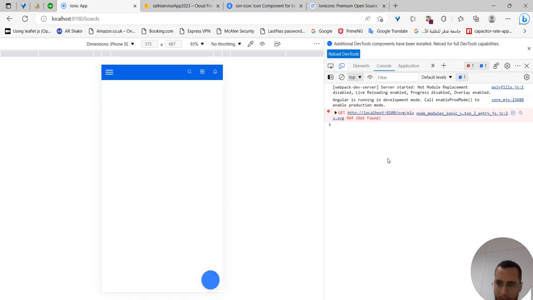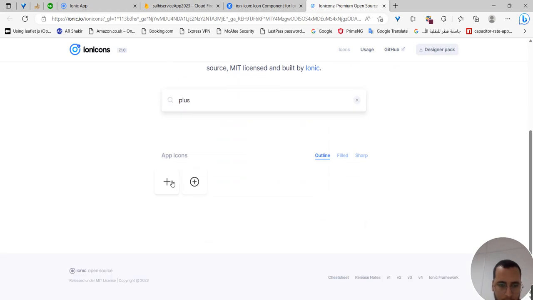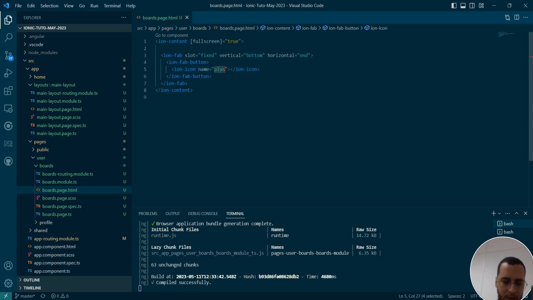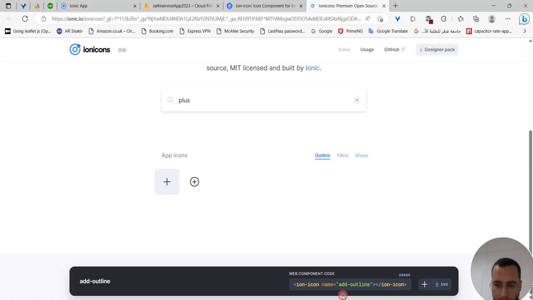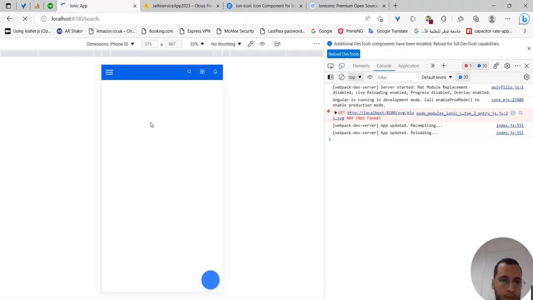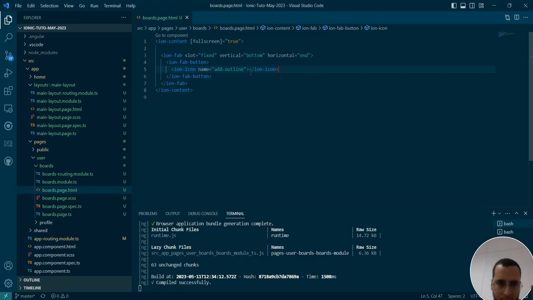Okay, plus is not working. But as you see, when we click this button, we need it to open a modal. So here, plus, add outline. Okay, add outline. You can just directly copy by clicking this one and paste it instead of this one, like that. Save. So yeah, this is our button, and what we need to add to this button is the ID, for example add new